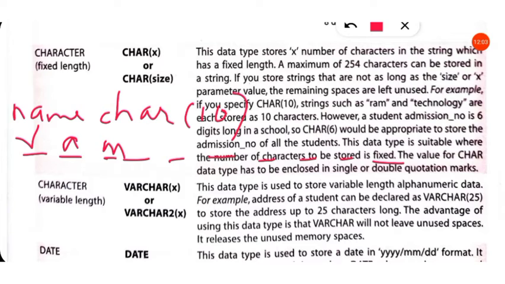When the next word, technology, is stored, it will use the next free memory that is left by RAM. While using varchar, after RAM is stored, the memory allocated to RAM is free.